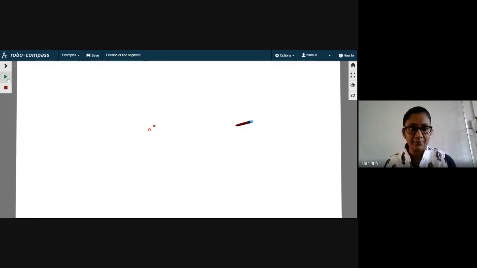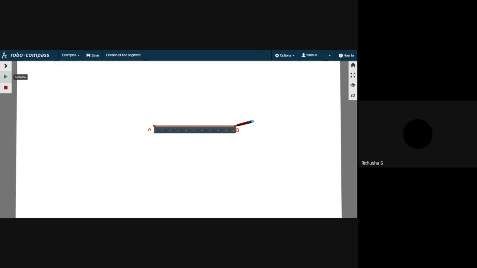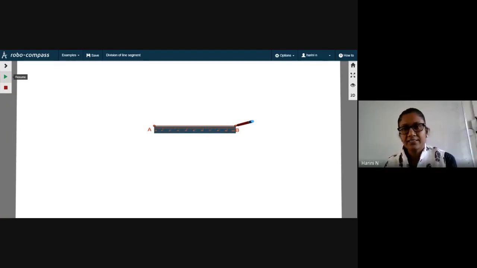That's exactly what is happening now. So I have located point B at a distance of 10 centimeters from point A. So you should have drawn the line segment like this. Use your scale to complete the line segment AB. Is the line segment ready? Yes, ma'am. Okay. This is a very simple step.